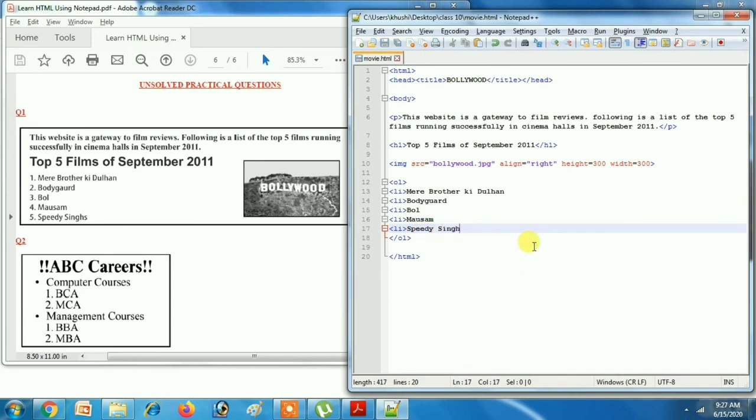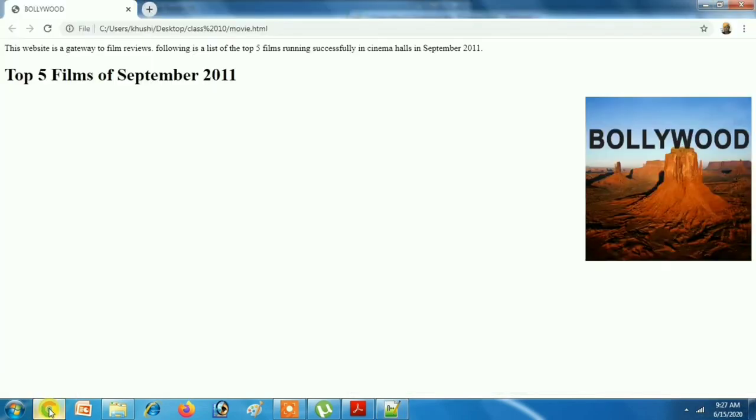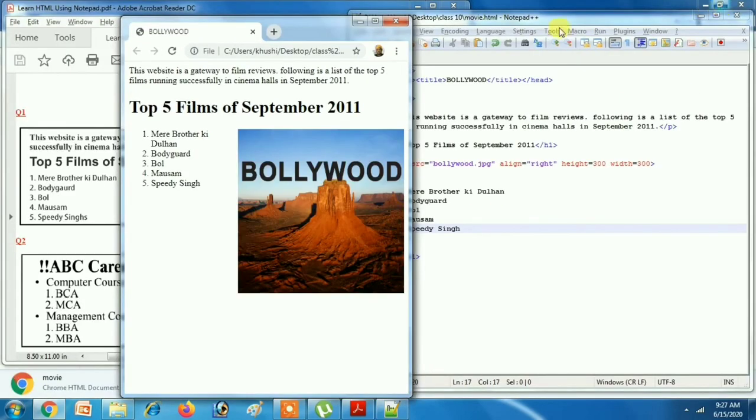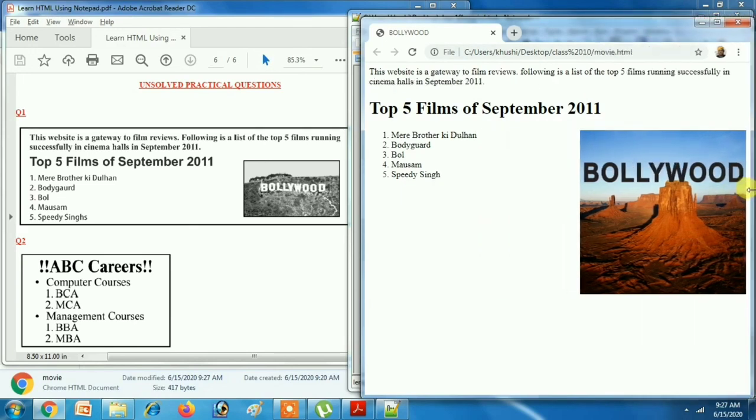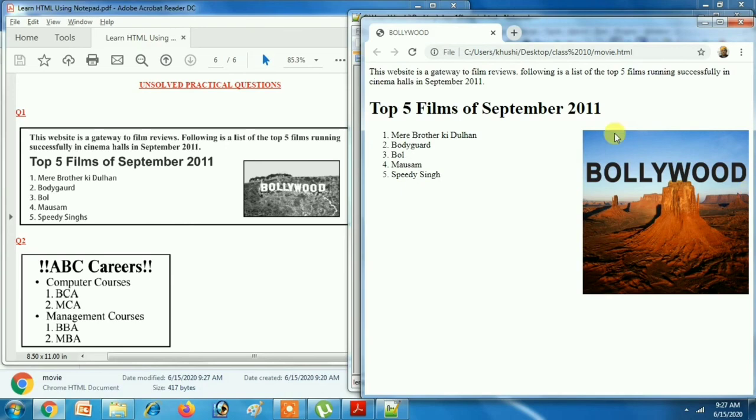Okay, save it, go to the web browser, it is Chrome, refresh. Now you can see it is done. You can minimize and you can see the output. It looks like this. Okay, you can see. So after minimizing, you can make it accordingly. So now the paragraph depends on the size of the web browser.